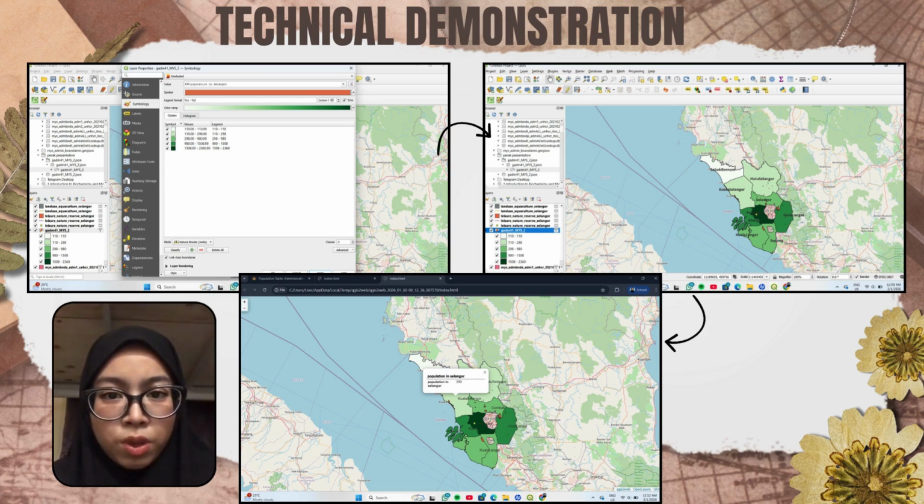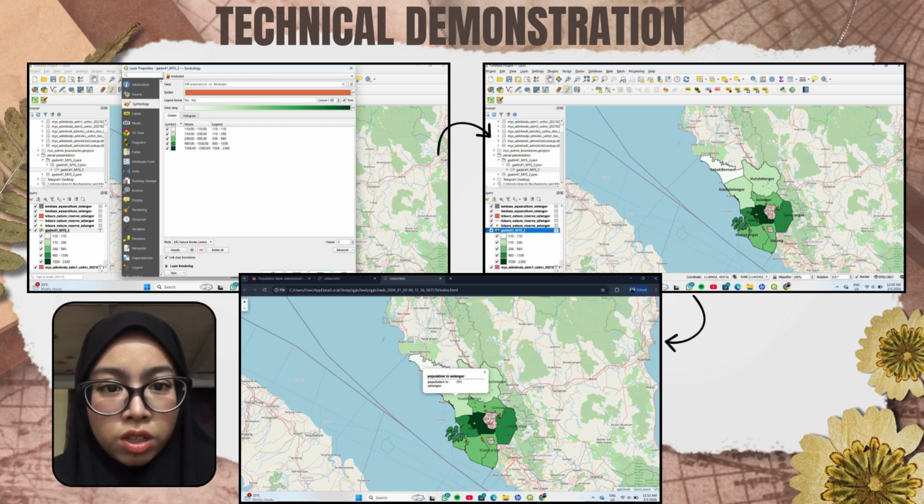Analysis and web export. We perform spatial analysis such as buffering or clipping to extract new insight. To make this accessible, I export the project as an interactive web map using tools like QGIS Web or ArcGIS Online. This enables features like pop-ups, allowing users to click a feature to see its attributes, and layer toggles to